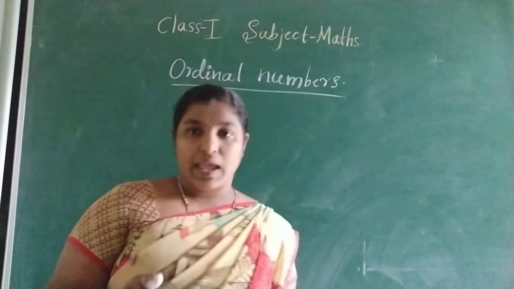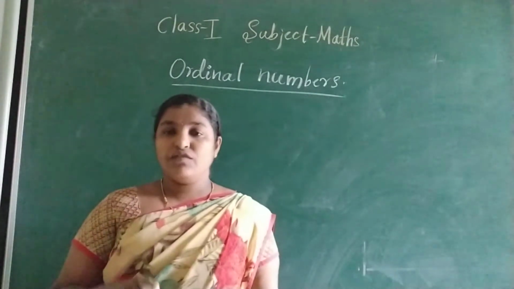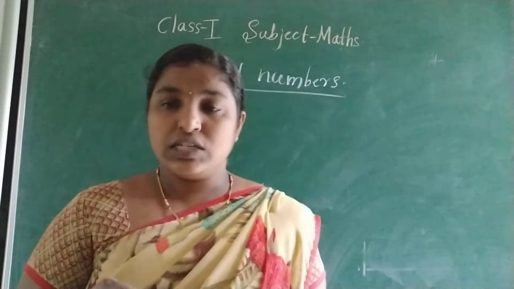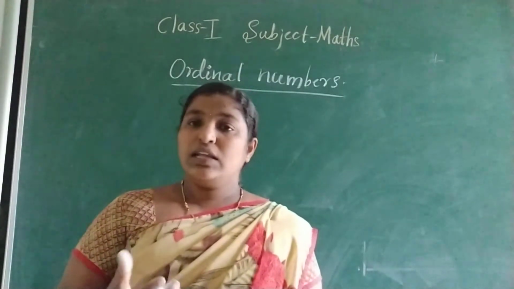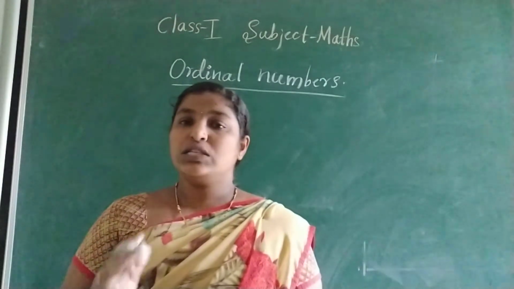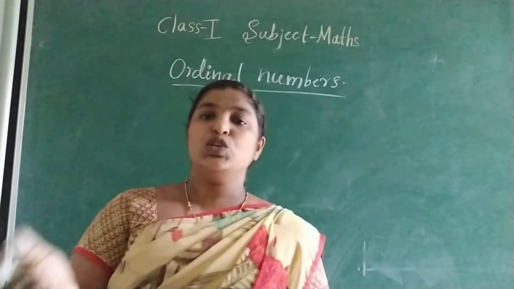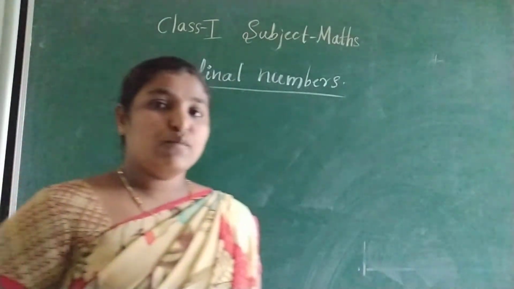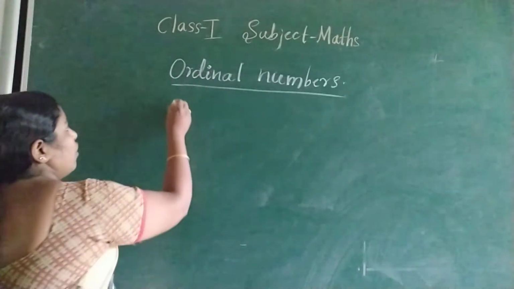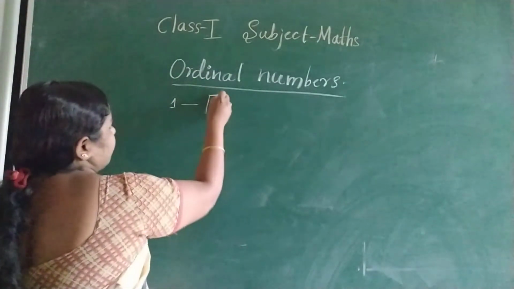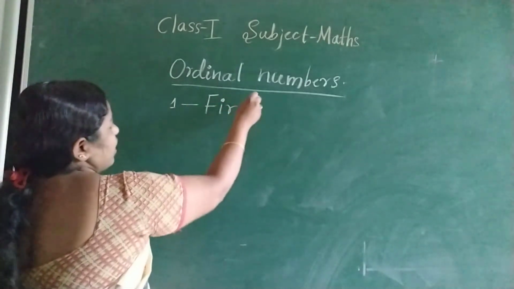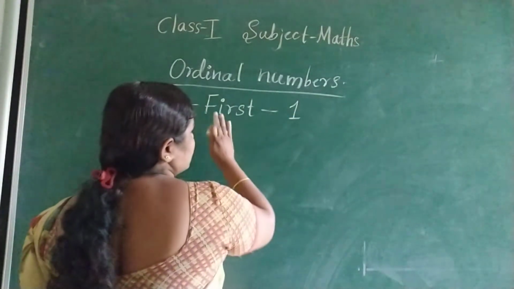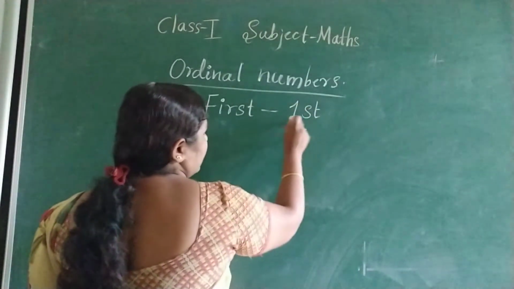So you have to learn the spellings of ordinal numbers by heart. Already you are perfect in 1 to 100, and these you can also do because they are similar, you just add some suffixes. Yesterday I showed you; once again I am showing you. Just see. First, F-I-R-S-T, first. The symbol of first is 1ST.